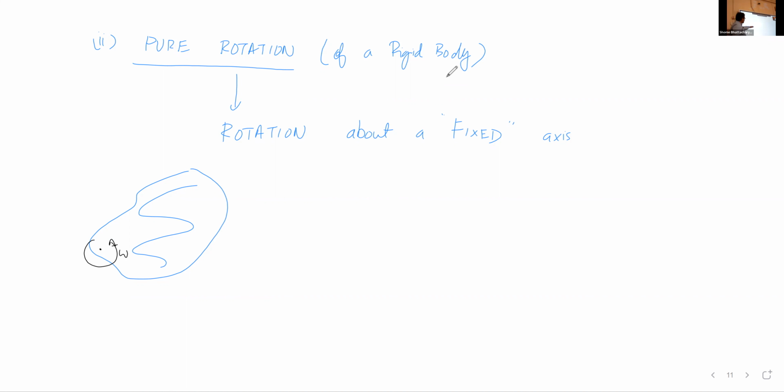By the time the center of mass has gone through 90 degrees angular displacement, the corner point has also gone through 90 degrees. So they will have all common angular parameters, that is delta theta, omega, and alpha. The angular parameters will be common for all of them because they're all rotating as part of a rigid body about a common fixed axis. So that becomes the most important property: the moment the axis is fixed, that means every constituent particle